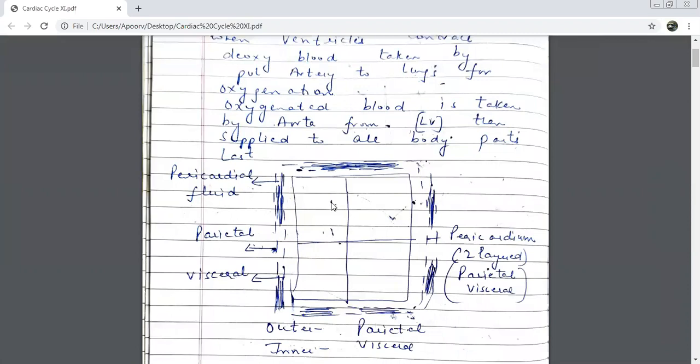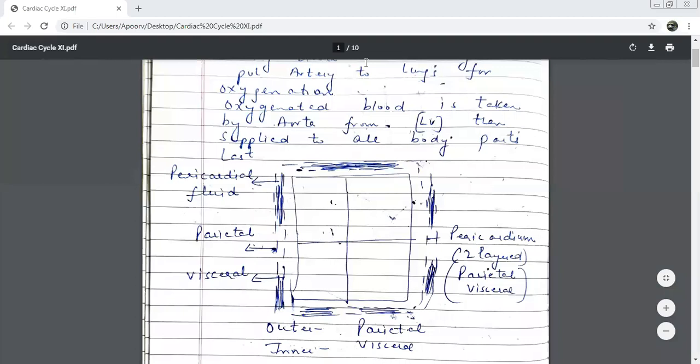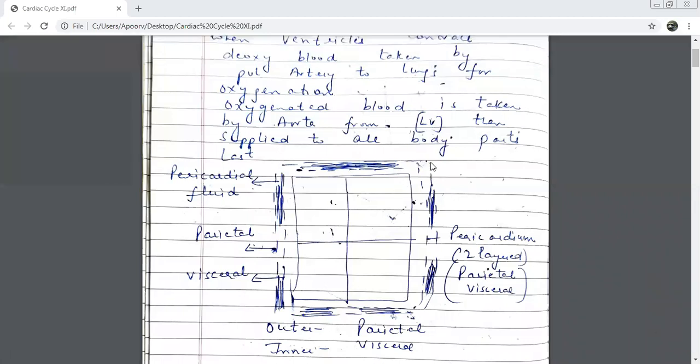I'll be giving you the entire details about this. But just see this. When I did the structure of the heart, I did not discuss this with you because there were already so many things, and I thought you'd get confused. This layer outside is known as the pericardium. What is the layer which surrounds the heart called? Pericardium.